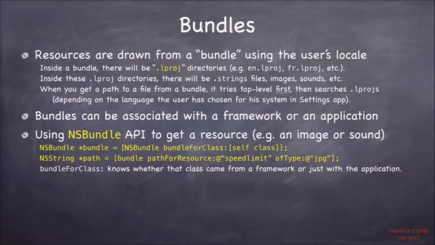You can look more about NSBundle offline, but there are ways to also associate string files, not just with your main bundle of your app, but if you had a framework or something else, you could associate it with frameworks, because bundle, in addition to main bundle, it has this bundle for class method. Okay, and so it knows where that class came from, whether it was a framework or your main bundle, and it'll give you the bundle, and then you can get a path for a resource or do localized string for